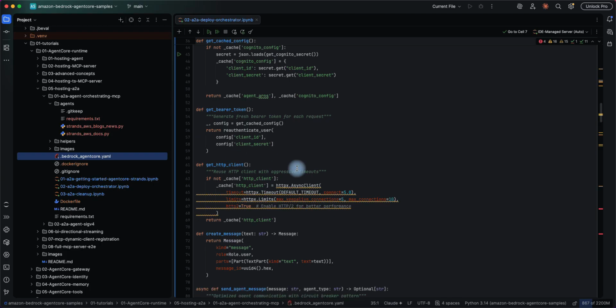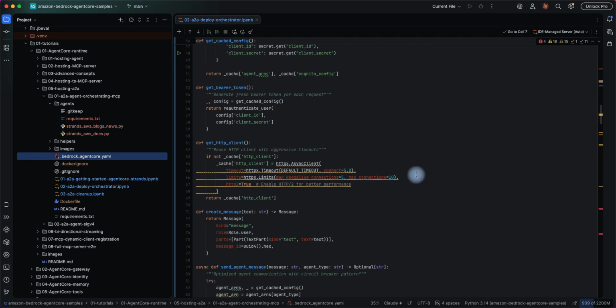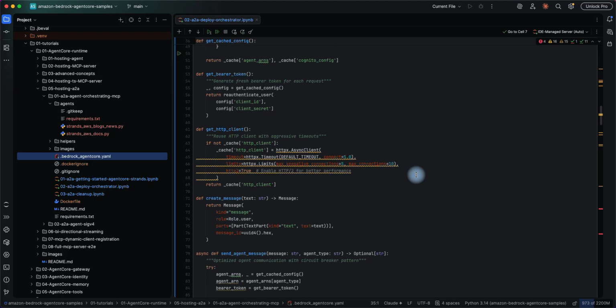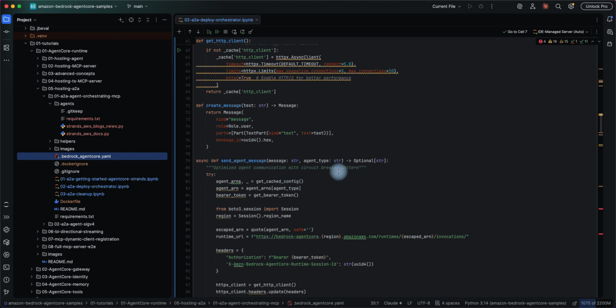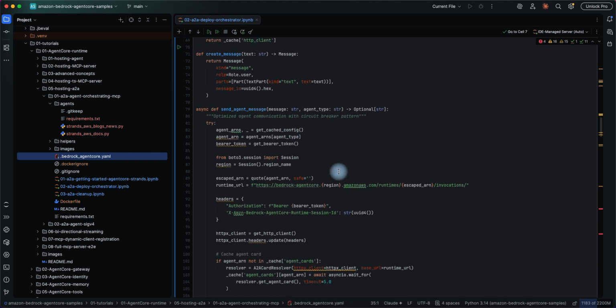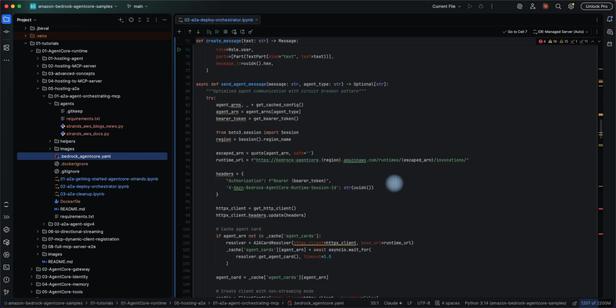It gets the HTTP client. So what it does here, if we look just to timeout, some limits, and it uses HTTP2. Now here it creates a message. Here it sends the message. And the message is being sent to